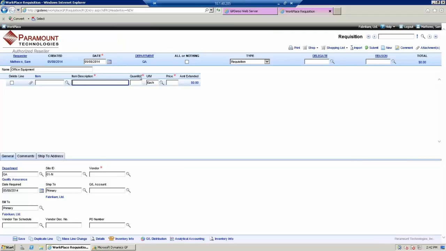Notice I have a few fields here that are red, or they have little stars. So I've basically customized this and said that I'd like,